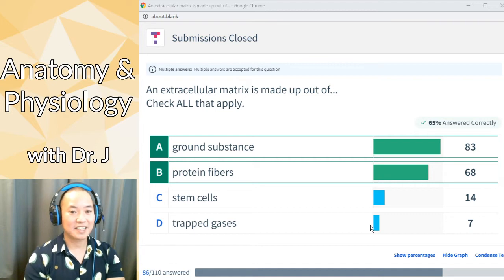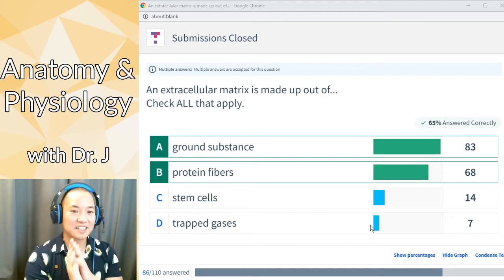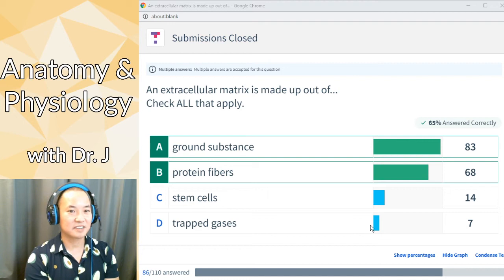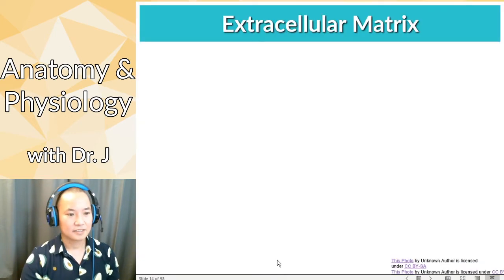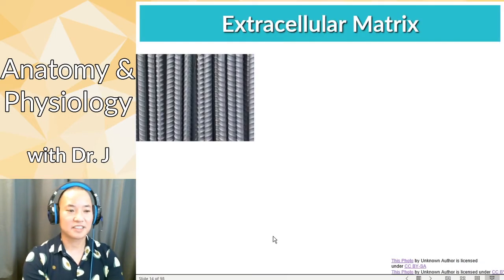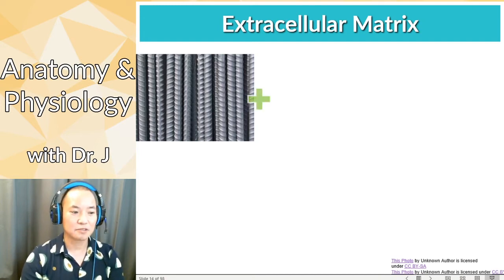Okay, so remember extracellular, again, extra meaning outside. So again, this does not include the cells themselves. The cells are important for connective tissue, but the matrix is the stuff outside of the cells. So stuff isn't living. Okay. All right, so extracellular matrix, and again, the two classic components in most connective tissues are your protein fibers